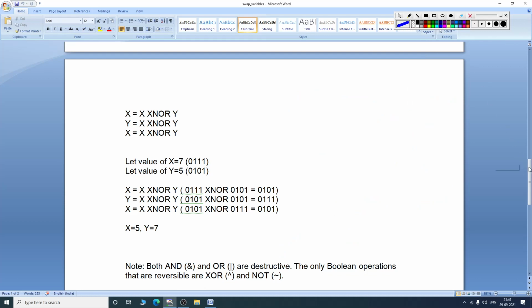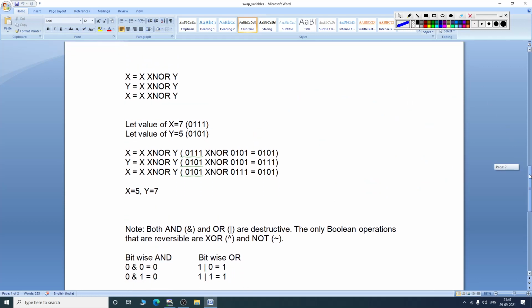Now, what exactly do I mean by destroyed? When I do a bitwise AND between 0 and 0, I get 0. If I do a bitwise AND between 0 and 1, it is again 0. Now, if one of my digits is 0 and the output is 0, I cannot guess whether the other digit is 0 or 1.